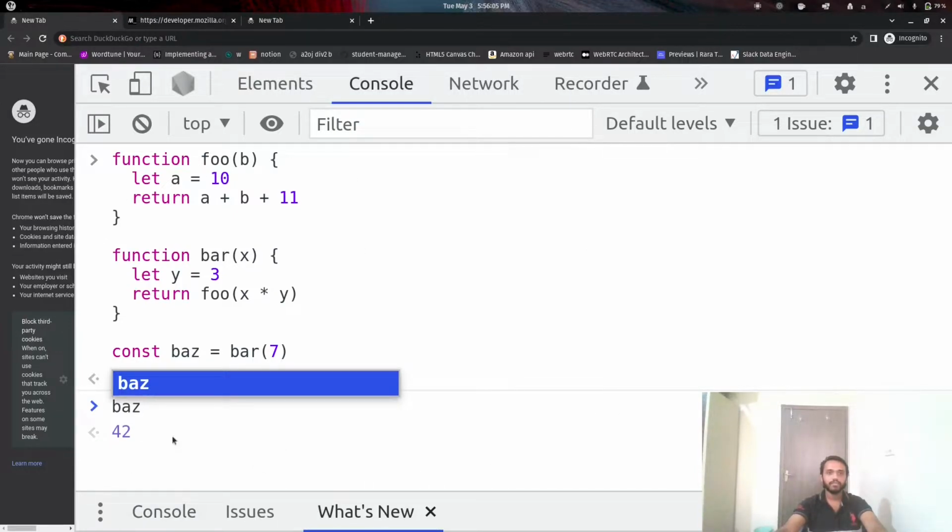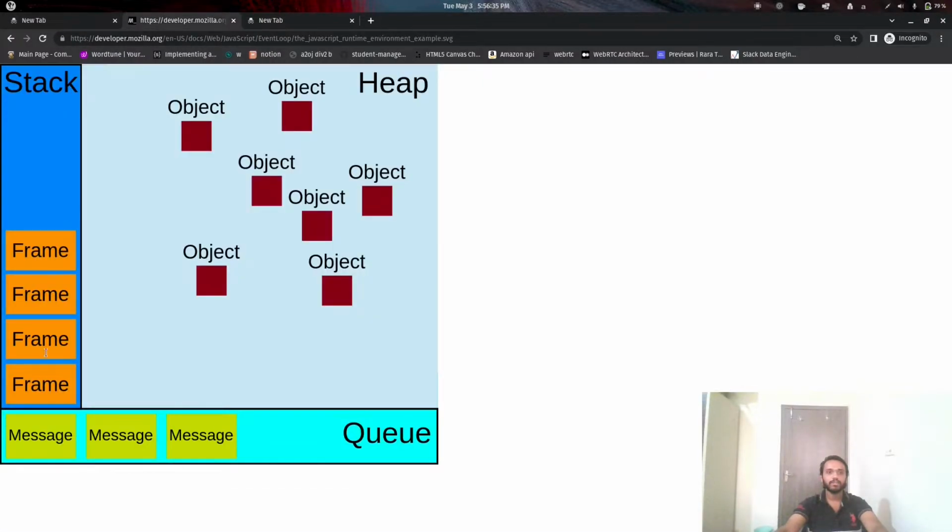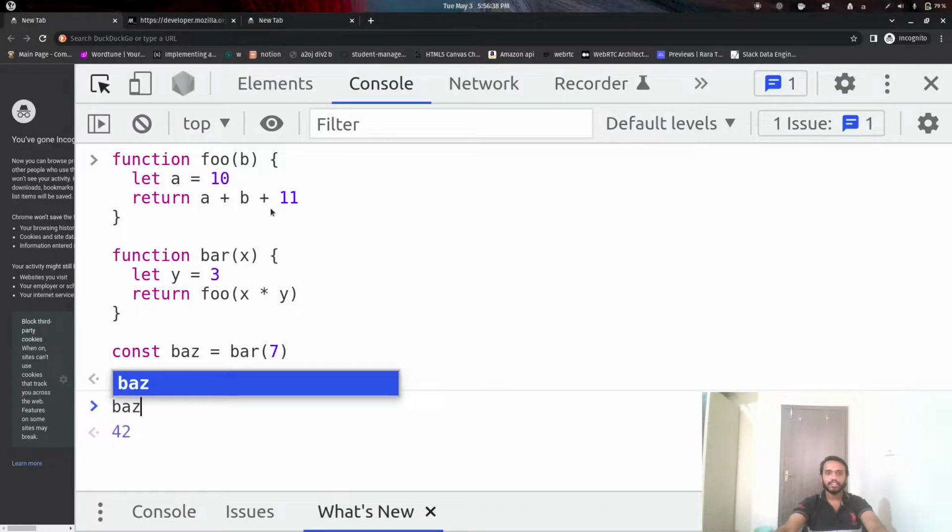Let's understand how it works in the stack segment. When these functions are created, they are not created inside the stack, but the variable is declared in one single frame of the stack, which is the current frame.